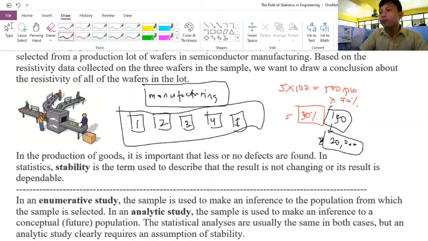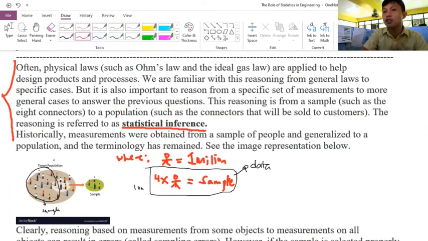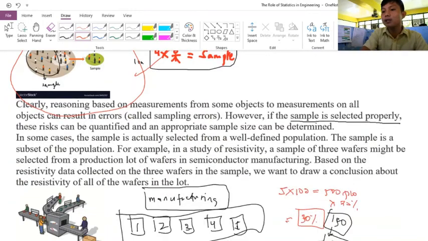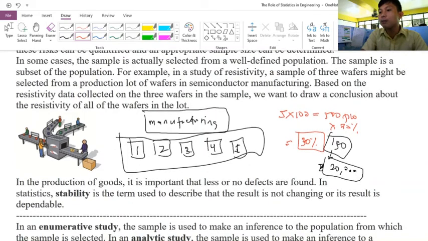Now, balikan natin to. So, dito, in an enumerative study, the sample is used to make an inference to the population from which the sample is selected. Kung naalala nyo kanina, yung population dito sa taas, pwede natin sabihin na yan ay enumerative study. Okay? But in analytic study, the sample is used to make an inference to the conceptual future population. So, ibig sabihin lang yan, kapag analytic study